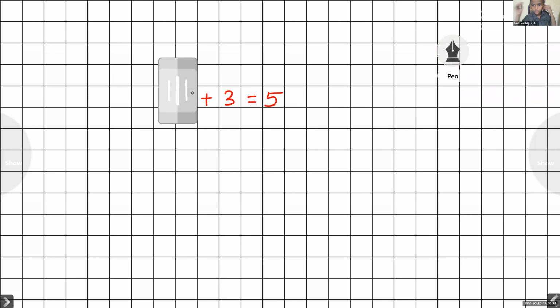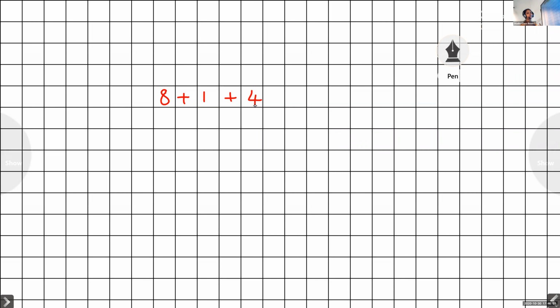Now we are going to add three one-digit numbers. Let us see how to add three one-digit numbers. No need to open the notebook now. Ma'am will tell you when you have to open your notebook. Listen to ma'am. The question is 8 plus 1 plus 4. Here we can see three one-digit numbers. The first number is 8, the second number is 1, the third number is 4. We have to add these three one-digit numbers.